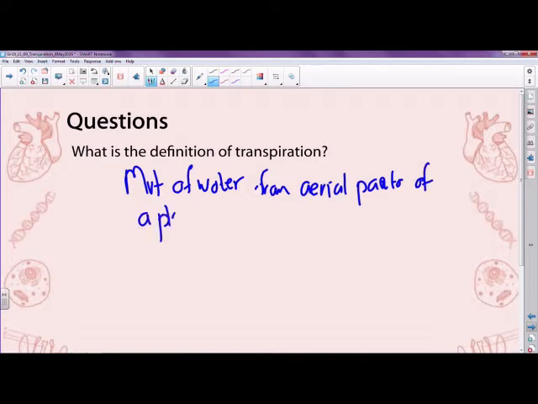What they're saying is it doesn't occur underground. A stem can also sometimes lose water. So I'm actually going to say the loss of water, because then it just makes more sense. The loss of water from the aerial parts of a plant,